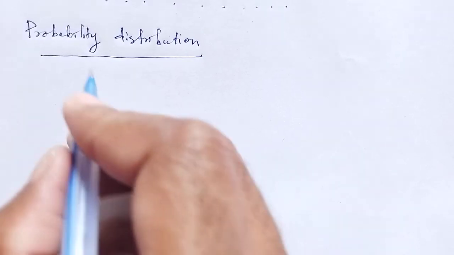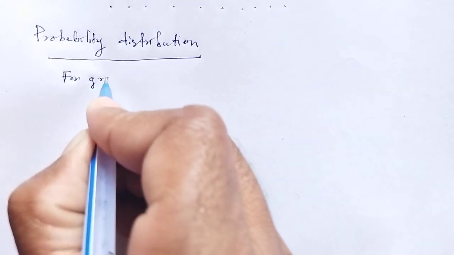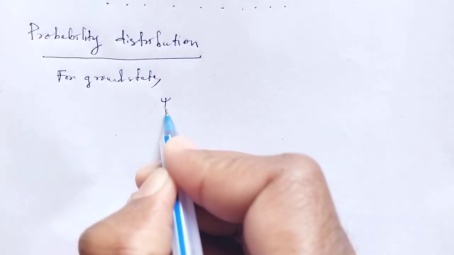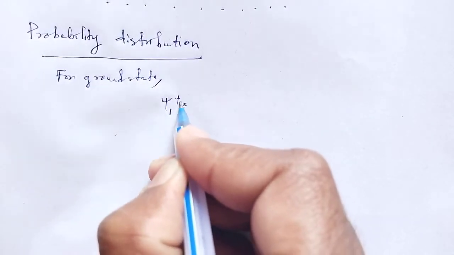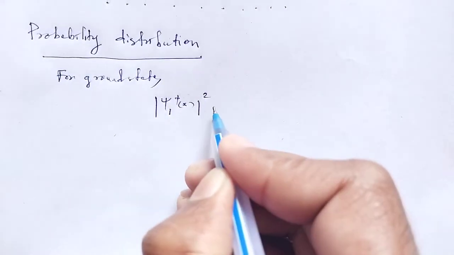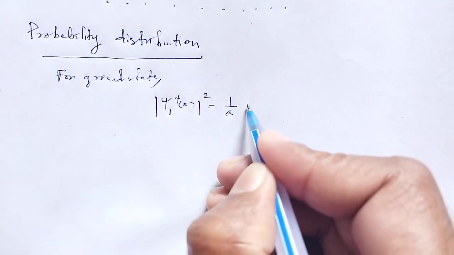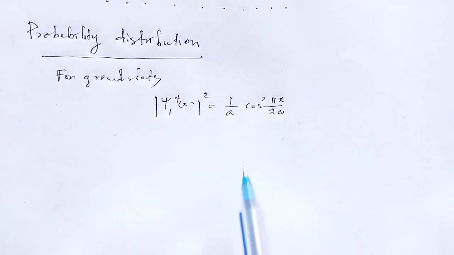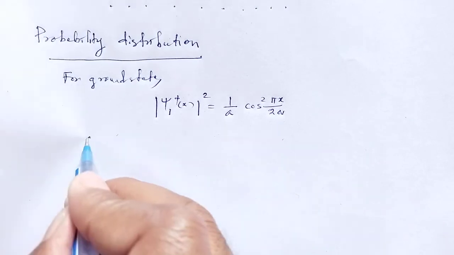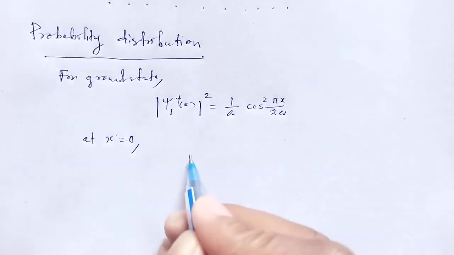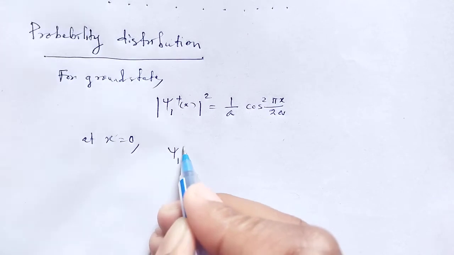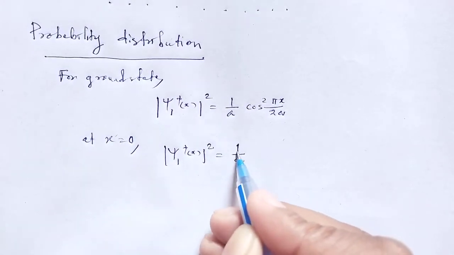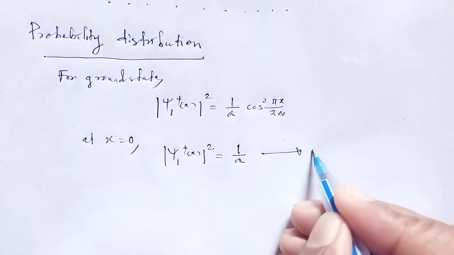For the ground state, the magnitude square of psi 1 plus x is equal to 1 by a cos square pi x by 2a. Therefore at the origin, at x is equal to 0, psi 1 plus x magnitude square is equal to 1 by a cos 0, which is the maximum value,